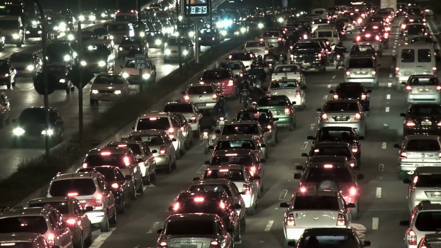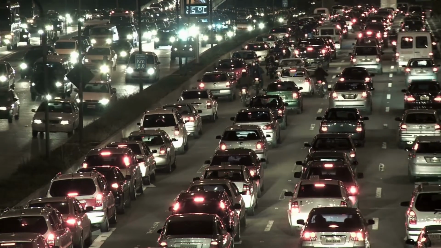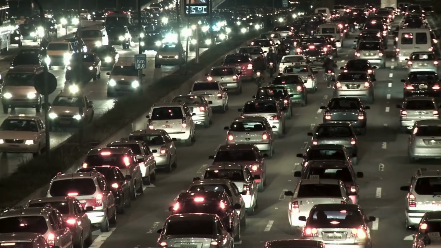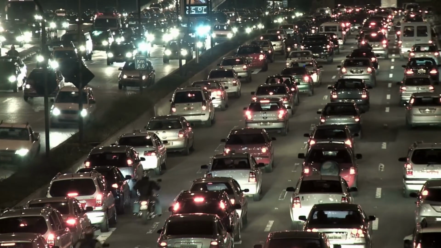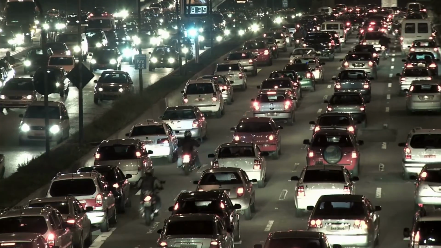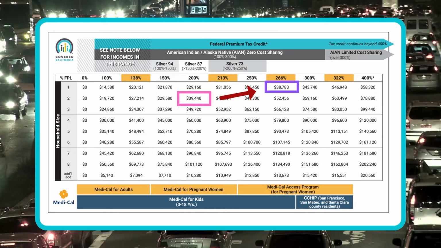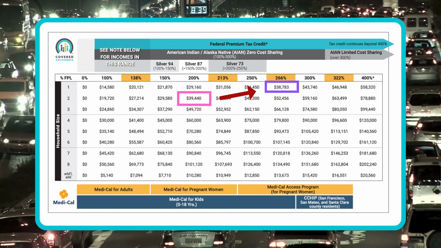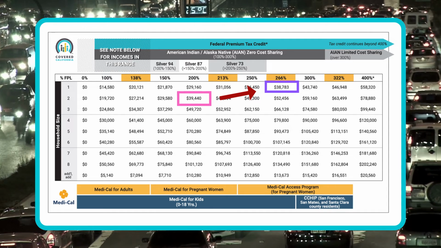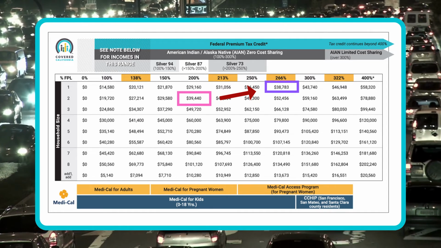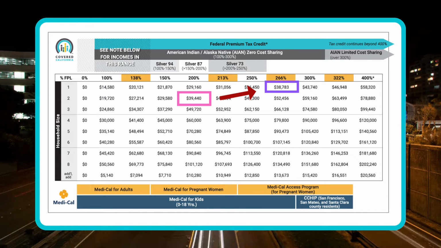One of the other big ones that hits folks a lot by surprise is that their income stayed the same. It didn't change throughout the year, but let's say, for example, they had a child who was 18 who turned 19 or 21 or 26 or whatever, and now they're no longer on there. Or they could have gotten divorced and two people now become one person, but the income stays at $39,440 a year, or 200% of that FPL. If that child isn't going to be on the taxes for that year because they aged out, but the income stays the same, it means for one person, if that income stayed the same at $39,440,